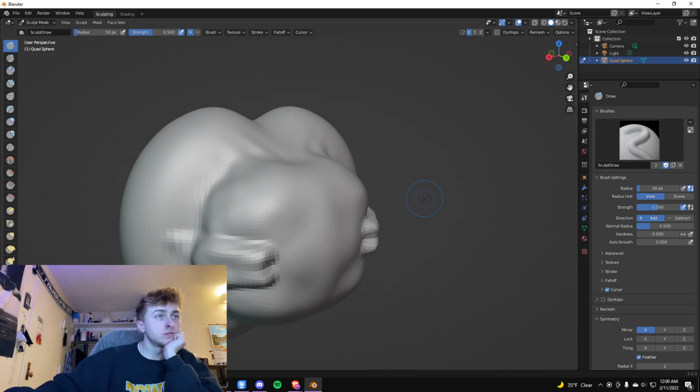This is dynamic topology. So when I start painting on this now, you can see that I keep clicking and brushing, and the same amount of topology is being created. And it's new topology. It's not stretching like it is up here. It's new topology. So that's what Dyn Topo does. It adds new topology when you sculpt, which is very